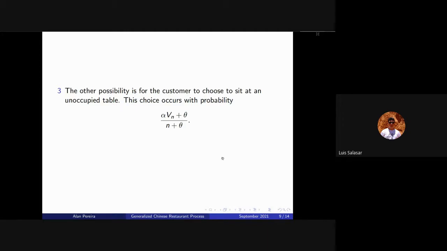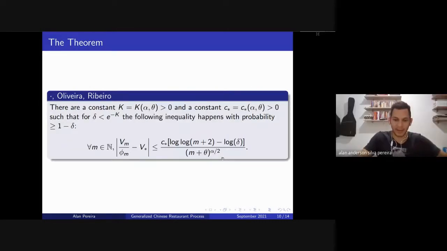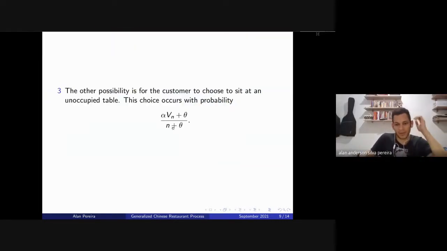Okay. So it was known before that this quantity, the number of tables, converges, and the limit is also known. It converges when we normalize it by a constant. So it converges to a random variable that is relatively well known because we know the density of that, but it's a very complicated density, and I think nothing can be done with that.